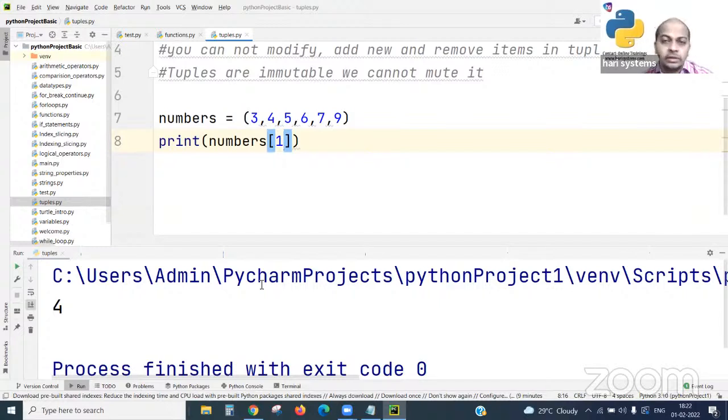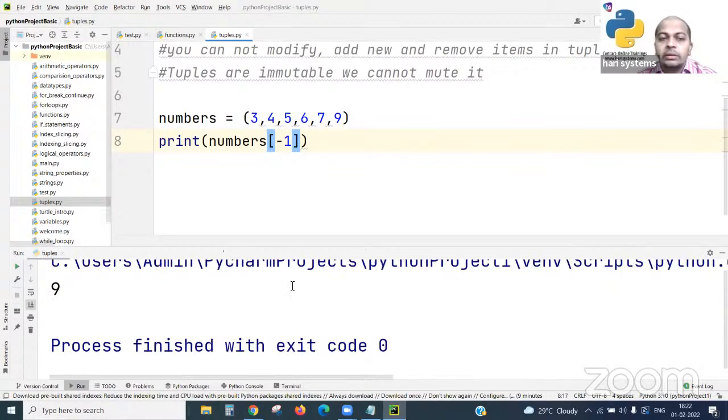So very basic standardizations. If I pass my index position of the stack value as negative, what will I get now? I'll get the last number.